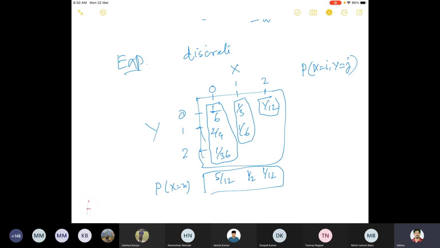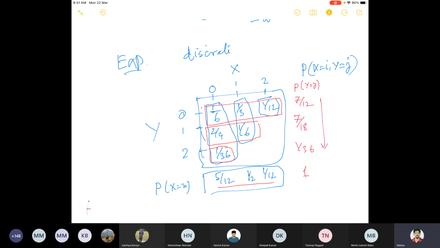Similarly, if you want to find the probability of Y equal to y, you have to sum these values. It is 7 by 12 when y equals 0. Then you have 2 by 9 plus 1 by 6, which is 7 by 18, for y equal to 1, and then you have 1 by 36. Now if you sum up all these values, the sum of this will give you 1,